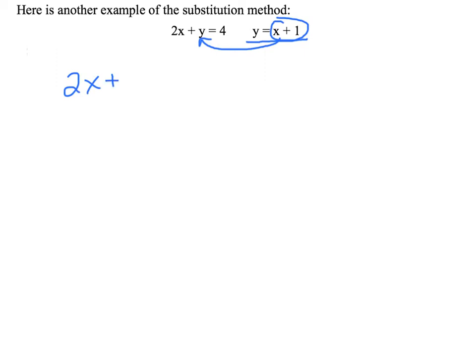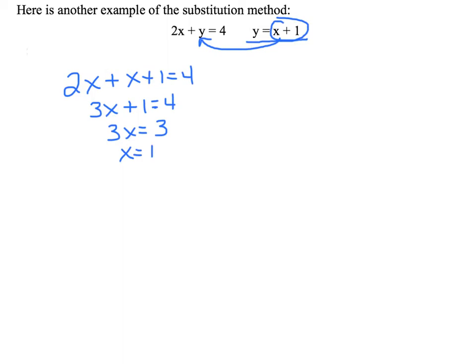Instead of 2x plus y equals 4, I'm going to say 2x plus x plus 1 is equal to 4, since x plus 1 and y are equal to each other. Then I am just going to solve this particular equation. So I have 3x plus 1 is equal to 4. Subtracting 1 from both sides, I get 3x is equal to 3, and that must mean that x is equal